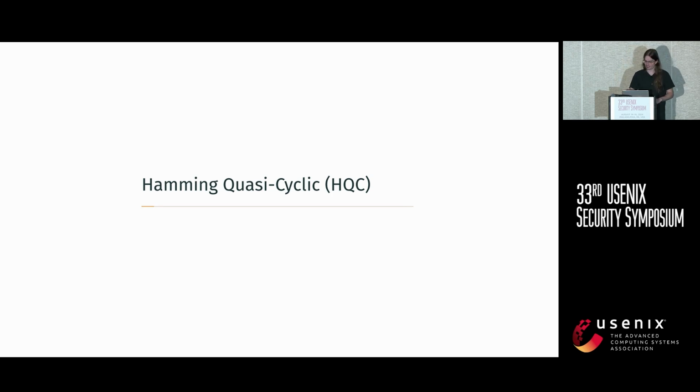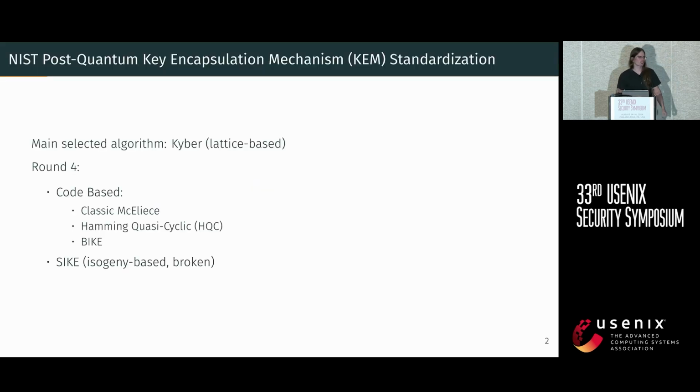HQC, or Hamming Quasi-Cyclic, is a round 4 contender in the NIST post-quantum effort for standardization of post-quantum primitives. Currently, there's one main selected algorithm, which is Kyber. Kyber is lattice-based, and NIST is looking for alternative candidates that are based on different hardness assumptions. And of the remaining candidates, so Cyc was broken, there's 3 candidates that are code-based, and HQC is one of